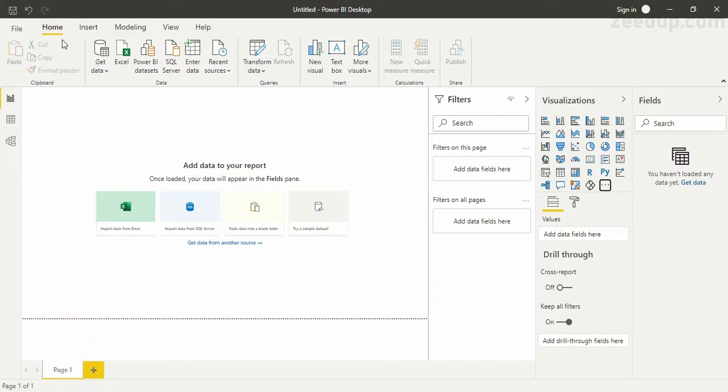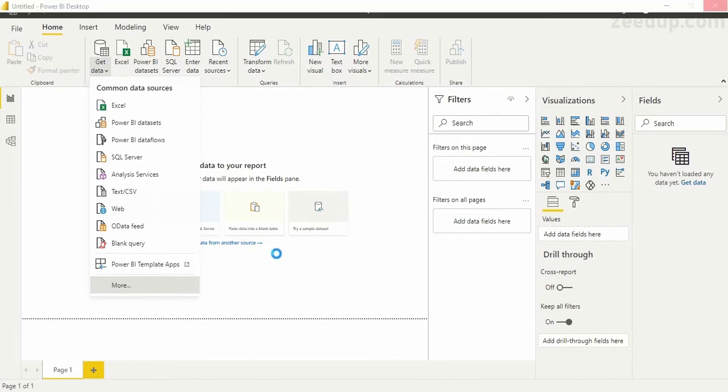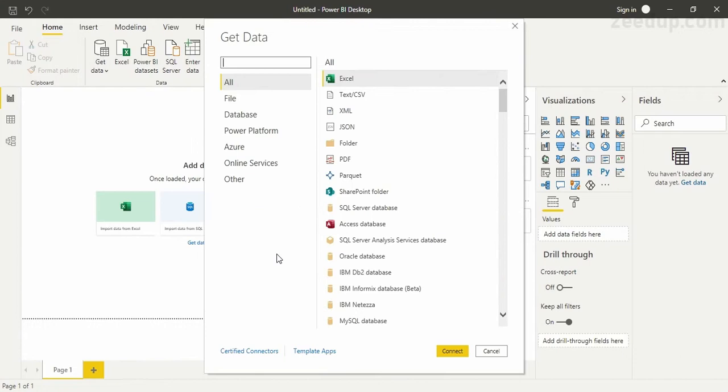There are these different tabs and there are these ribbons. So in the home tab, as you can see, there is this data group. In this data group, we have this get data option. If we just click on this get data option, we have these common data sources. But if you click on more, you need to wait for a few seconds, and then you will be able to see a list of all the sources from where Power BI can import its data. As we have already discussed, there are around 100 plus sources from where Power BI can import its